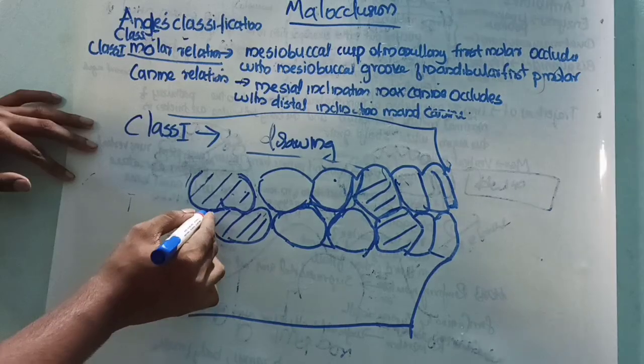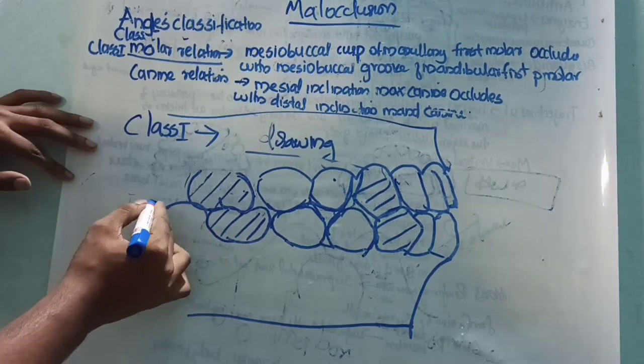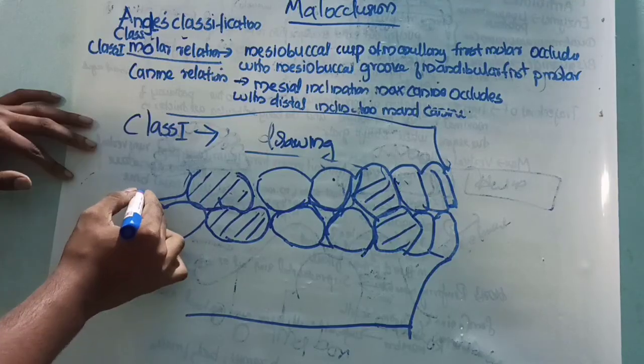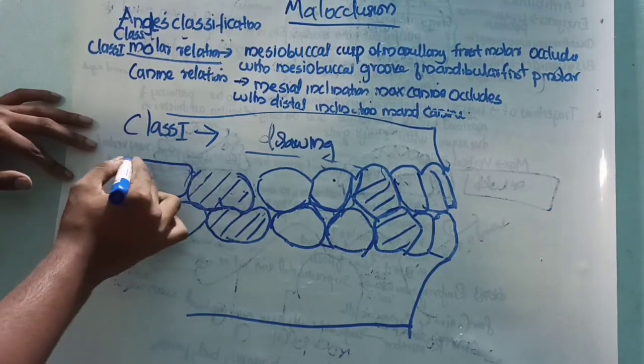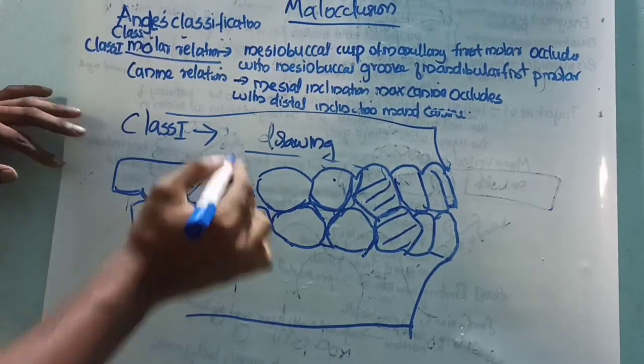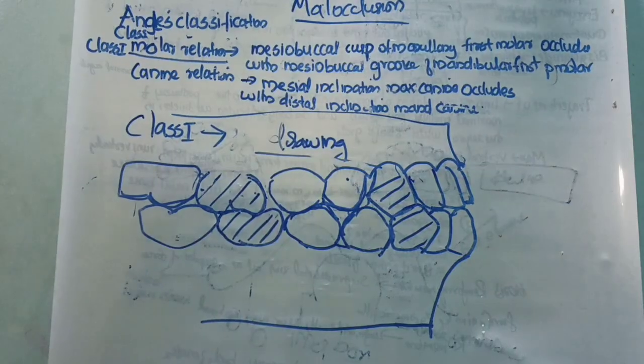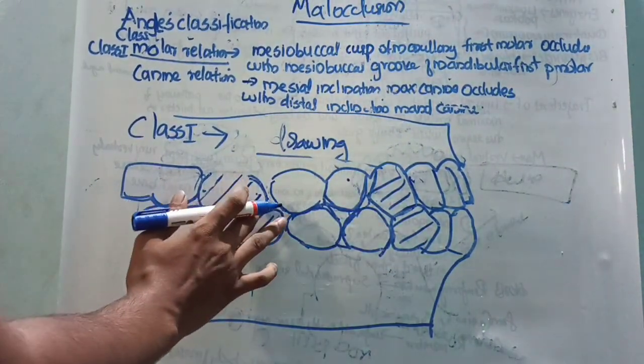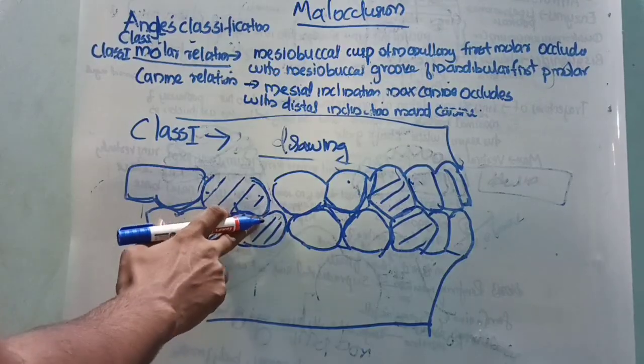And here the second molar, just like this. Main thing is we have to draw the mesiobuccal cusp of the maxillary first molar